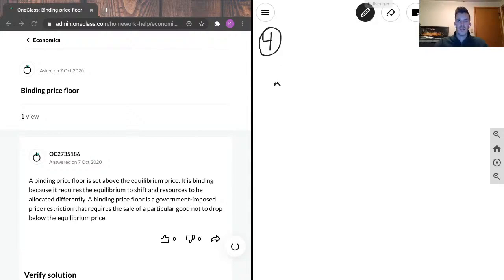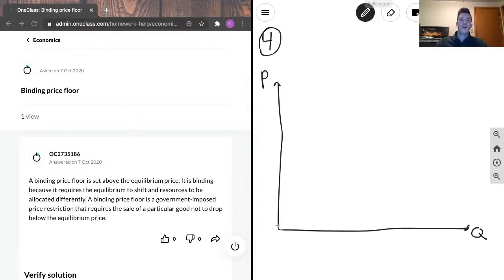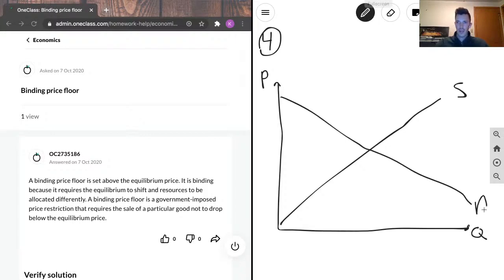I will do the floor first. So this looks just like our regular market for a good. Let me try that again. We've got our supply sloping upwards, our demand sloping downwards, and when there is no price floor or price ceiling instituted, we're going to have Q star and P star. Now, when we think about a price floor, that means it's a government-imposed restriction that the price